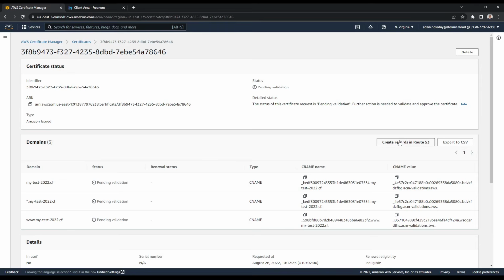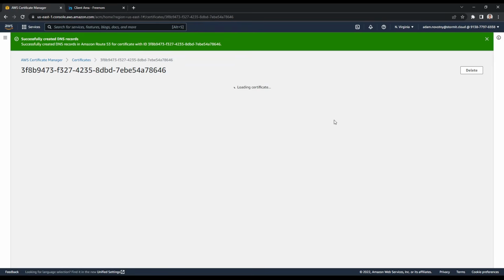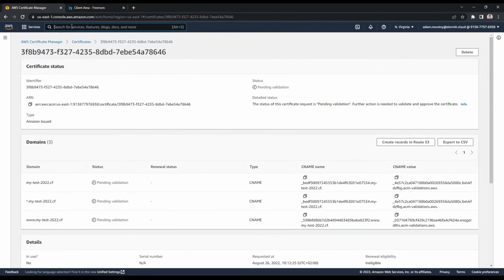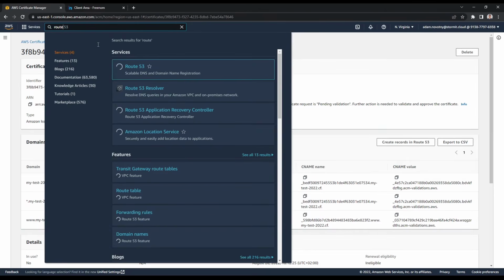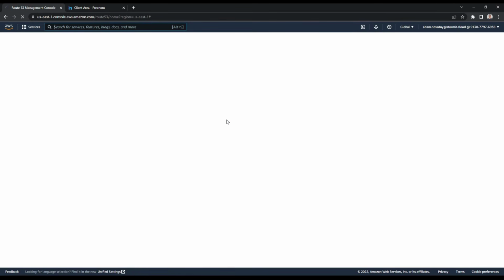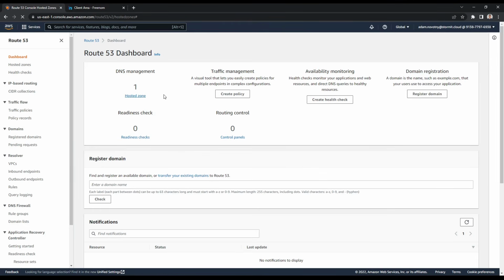So I will just click on create records in Route 53, and here just click on create records, and I can go back to Route 53, I think. Okay. And to our hosted zone,